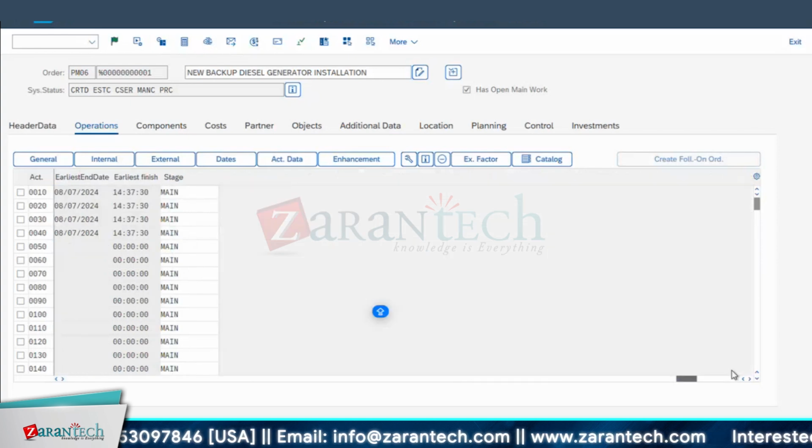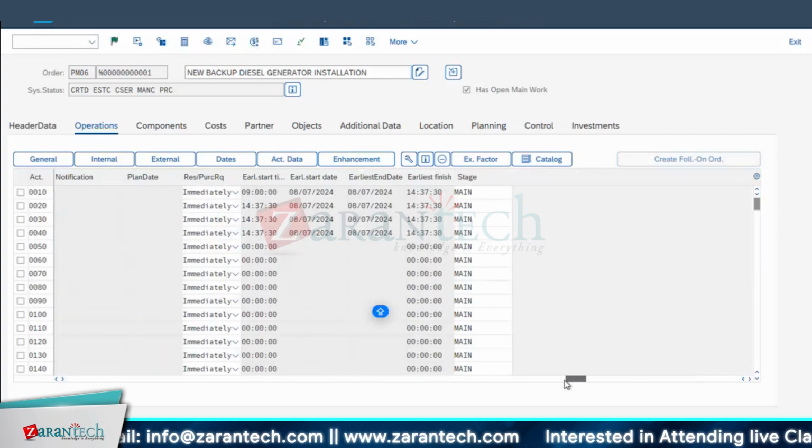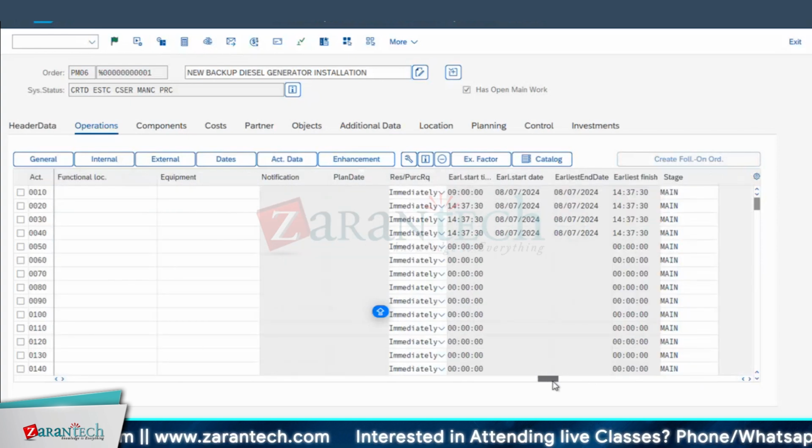Okay, this is how it looks. See, this operation is there at 9 something. It is starting at 9 o'clock and ending at 14. This is also 14, this is also 14, 14, 14. How can we have a